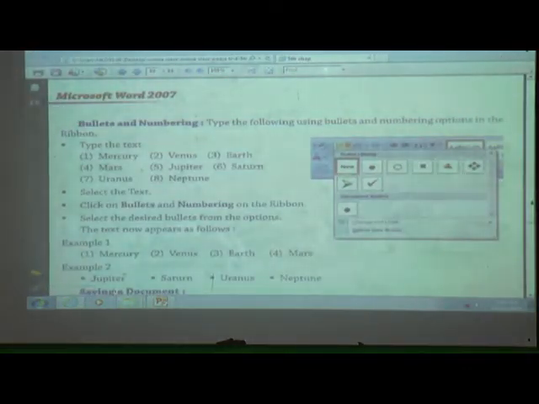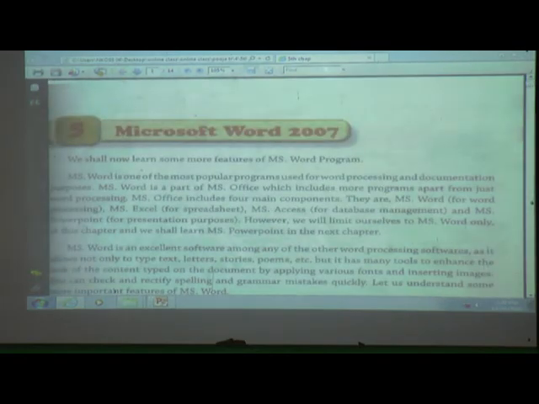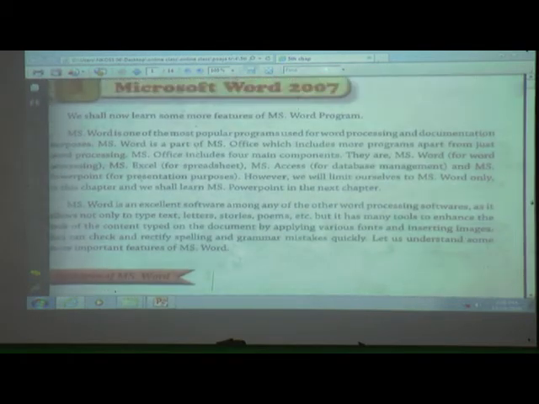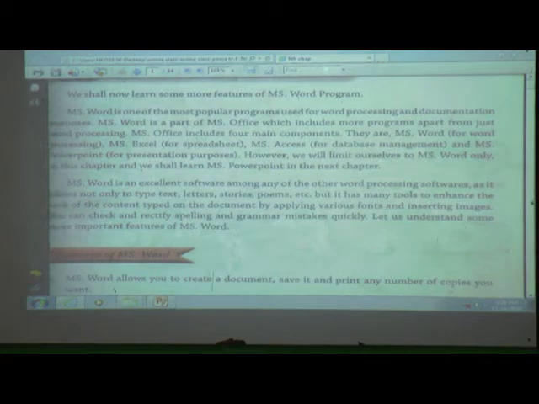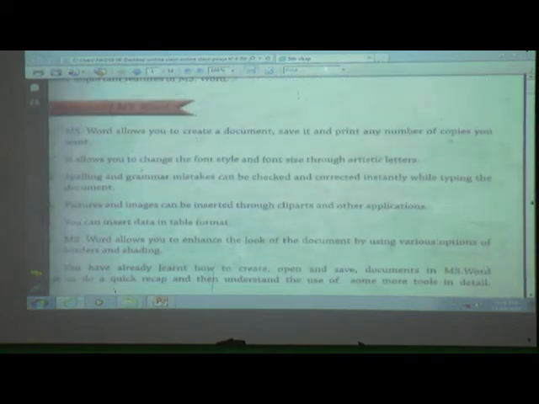Now what we discussed in this full chapter, we will summarize it first. Why are we using MS Word? For writing or typing letters, poems, stories, we are using MS Word. What are the features?